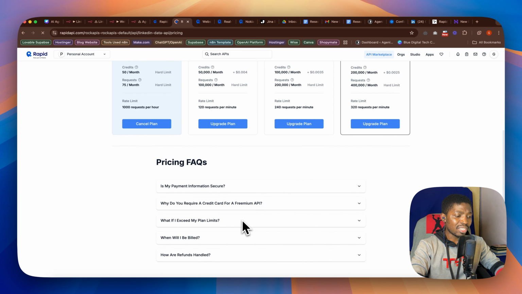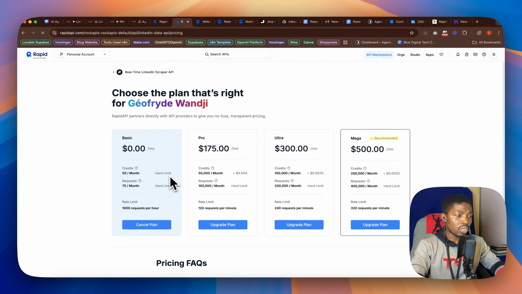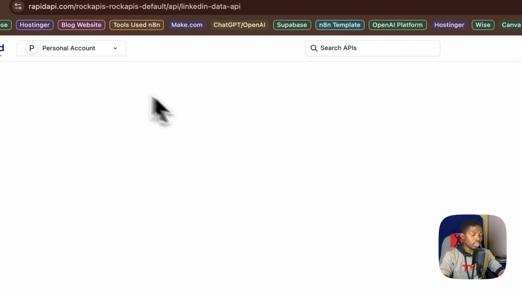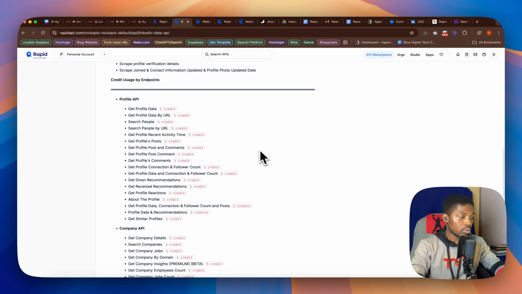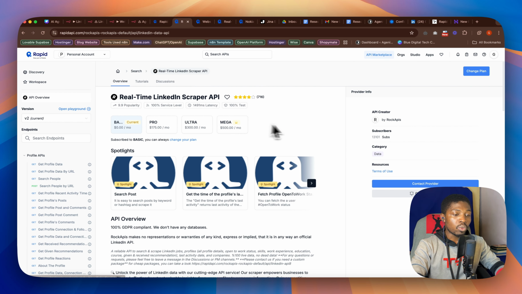You can actually see how the pricing is working, how you are charged. So this is the charge. For each get profile data it is 1 credit, and get profile data by URL is 1 credit. So what I'm doing here is that